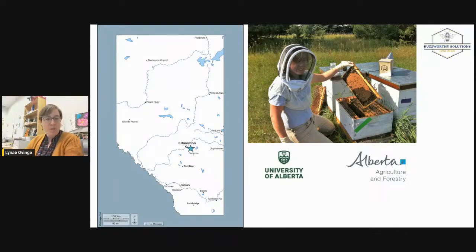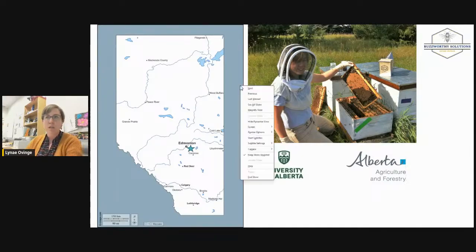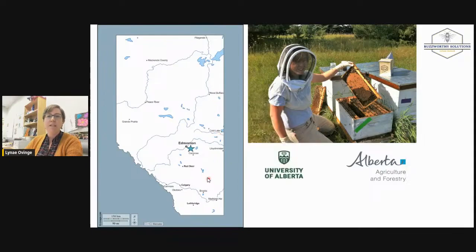And so after that, I moved up to Edmonton and got my master's from the U of A. And I also got to work as an inspector for Alberta Agriculture and Forestry. Just changing my pointer. And so at that time, I got to inspect all of this area. And that was super valuable because I got to see so many different bee farms, go from one bee farm to so many, and really realize that in beekeeping, there's no one way to skin a cat. There's no one right way to do everything. And that really broadened my horizon, and I really enjoyed that time.